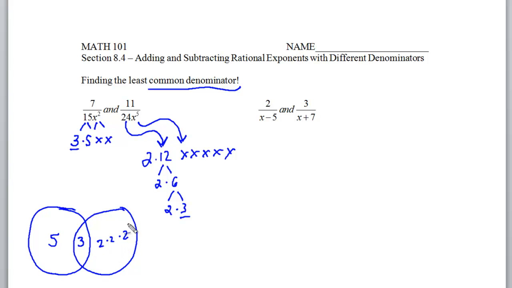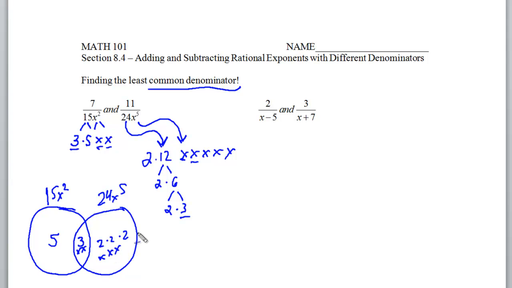So I then need to also take a look at my x's. Looks like this has 2 x's, 1, 2. This has 2 x's, 1, 2. And this one to the right has 3 leftover x's. So I'm going to put 2 x's here, x and x. And that means this number over here, the 15x squared, is pretty much 15x squared. And this 24x to the 5th is 24, 3, 2, 2, 2, and I need 3 more x's to balance